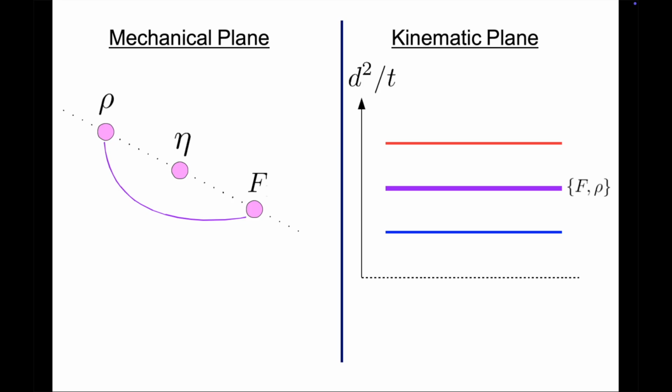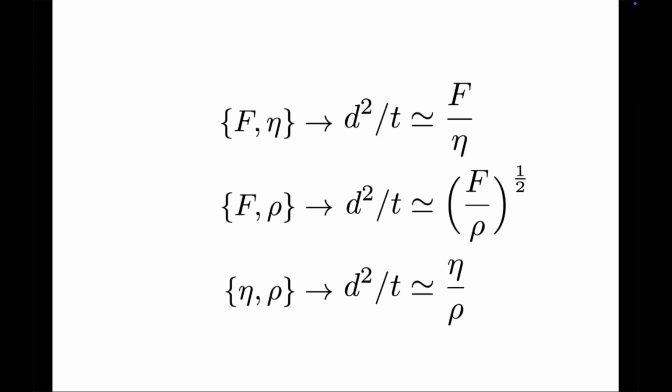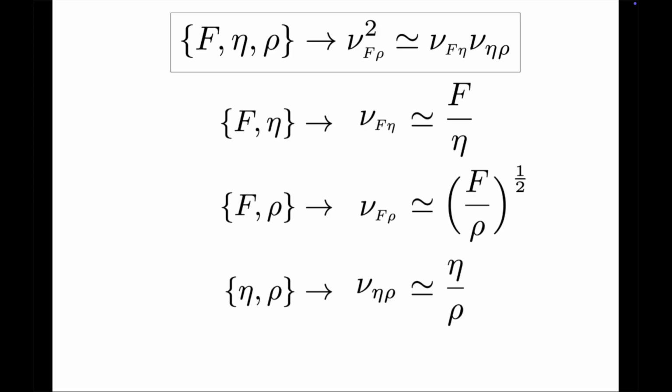Here, the constant variable is a diffusivity. From the canonical perspective, we got square roots, but if we square both sides and put the variable time on the left, we get three constant right-hand sides, each given by the ratio of a different pair of mechanical quantities. To facilitate comparison with the case of horizontal trios, we can introduce symbols for the three constant diffusivities. These three diffusivities are connected, just like the simple lengths before, but they follow a kinematic rather than geometric identity.